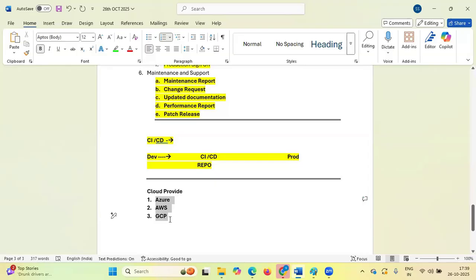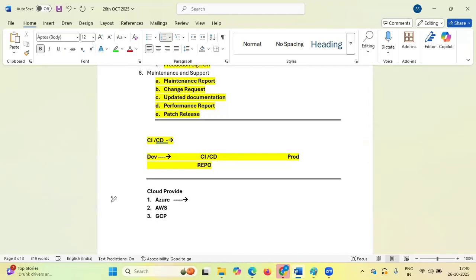Clear, guys? If you know at least one cloud in detail, which we will discuss in the next class, then it is very easy to learn other clouds. Because the work is the same, only the terminologies are different.